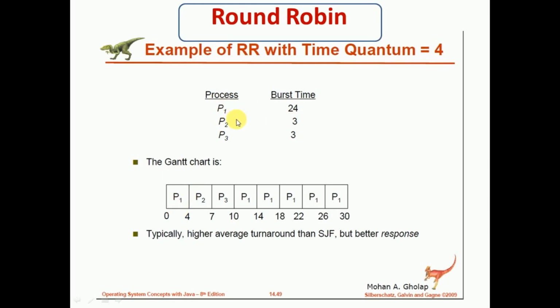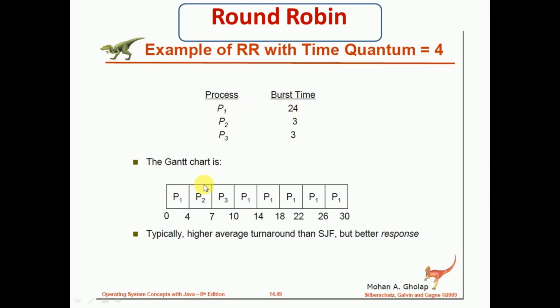After that, we take up the next one, process P2. For process P2, the burst time is 3, which is less than the 4 millisecond quantum. So P2 will execute only for 3 milliseconds, from 4 to 7. After this, the next process P3 is taken. One more thing you have to remember: whenever P1 executes for 4 milliseconds, you have to subtract 4 from 24. Out of 24, 4 milliseconds has executed, so the remaining time of process P1 will be 20.